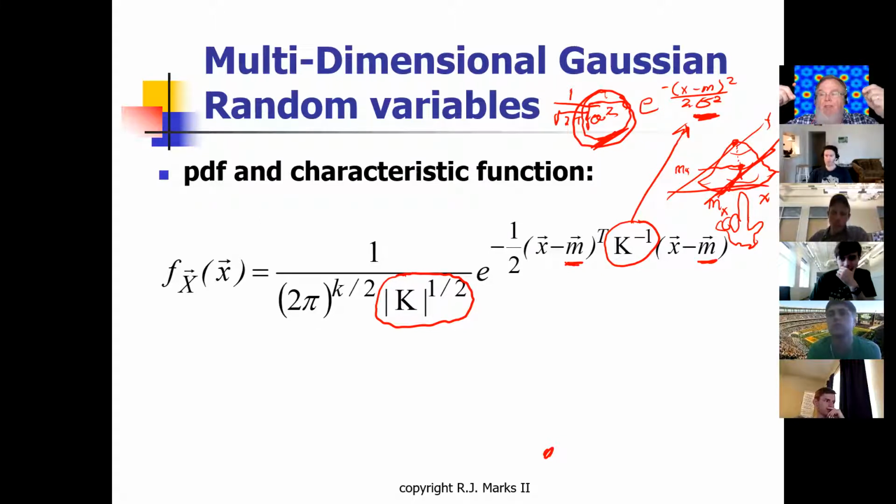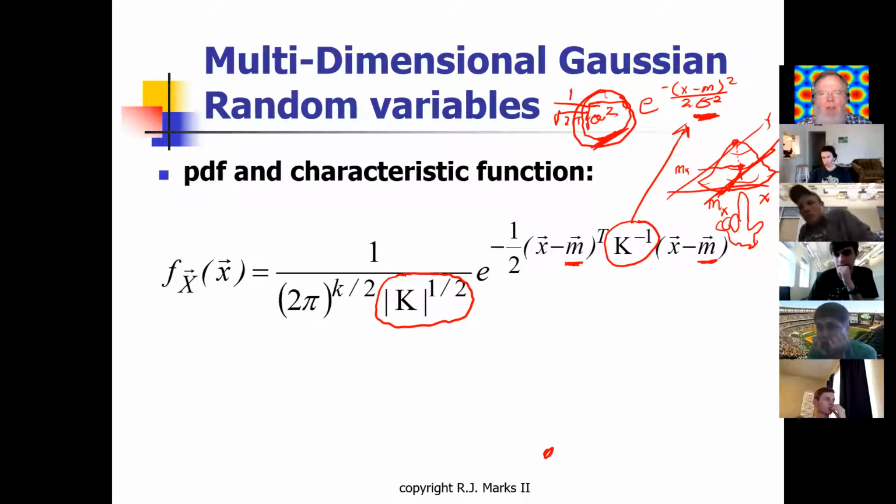So mx is also a measure of central tendency, as is my. You could balance it on a string that's stretched in the x direction there. Okay, so that's the interpretation.